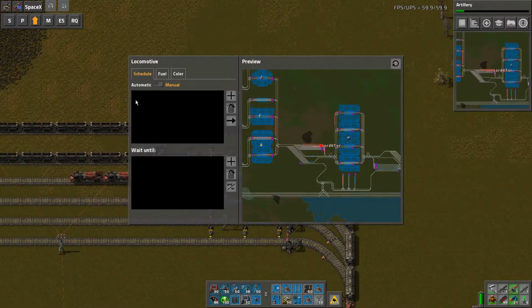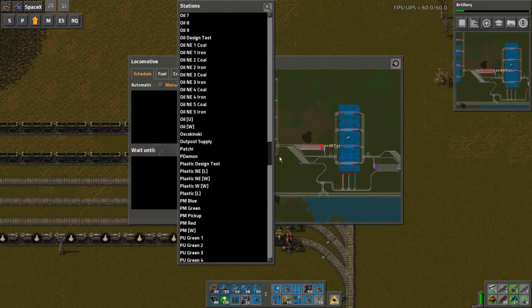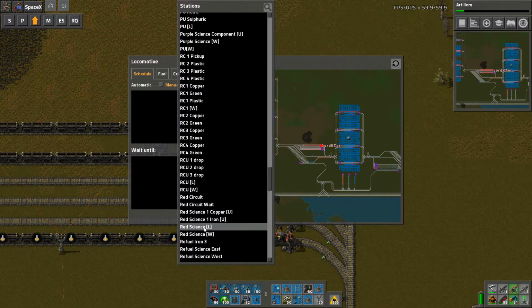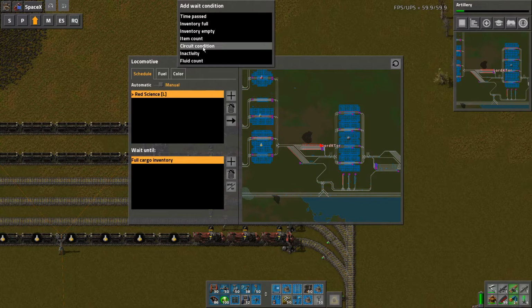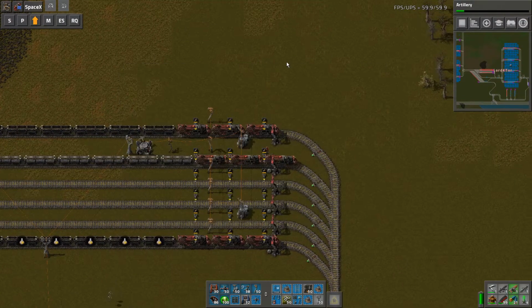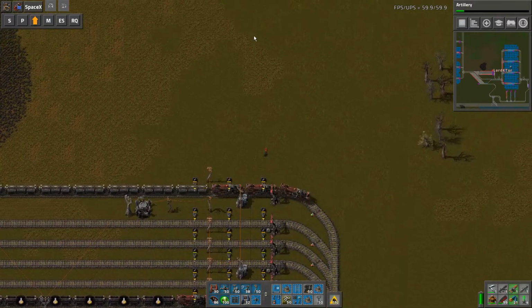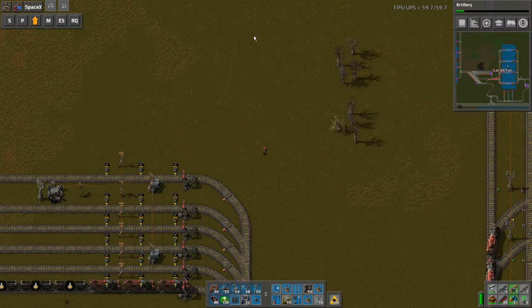Now you are red science. You know, I might even be able to cope with 2, but I sort of doubt it. Red science load until inventory full, red science wait until circuit condition. I am going to do the other side now. It's basically exactly the same thing. And then,